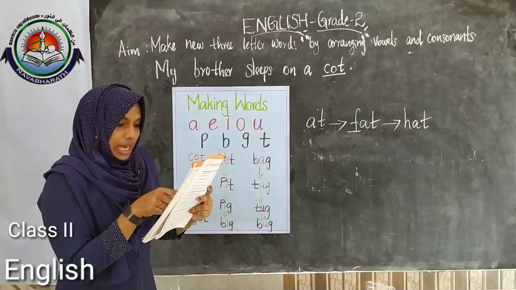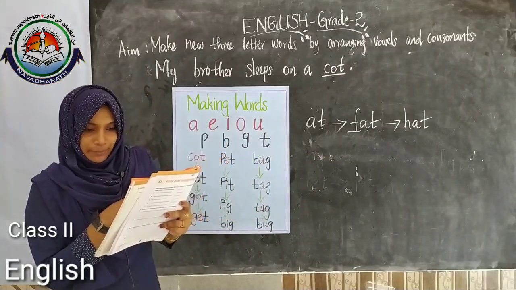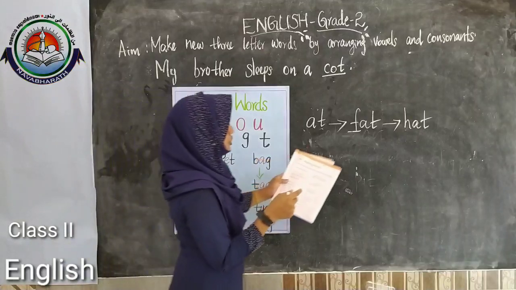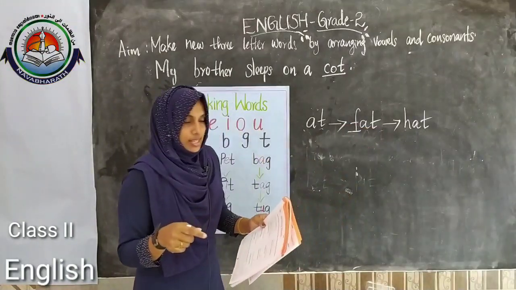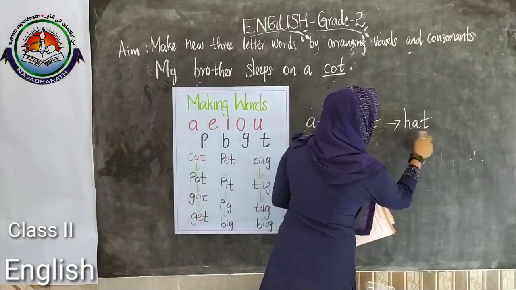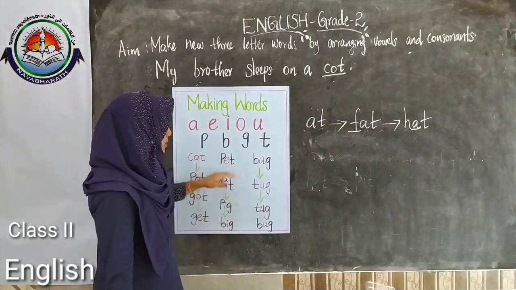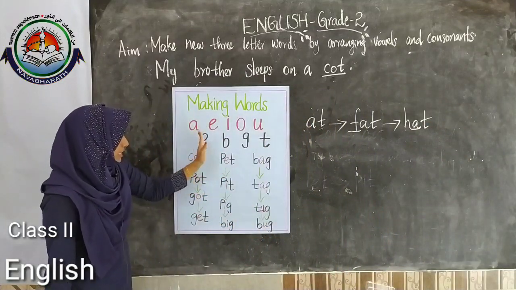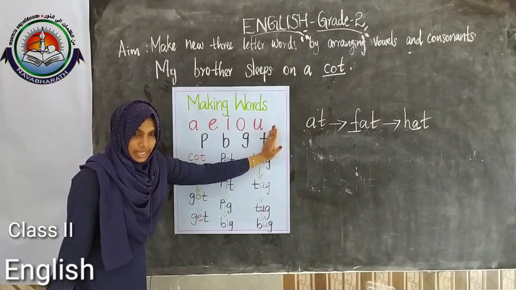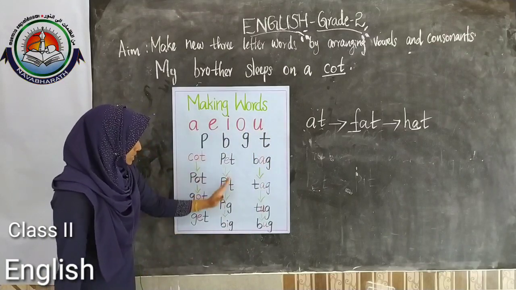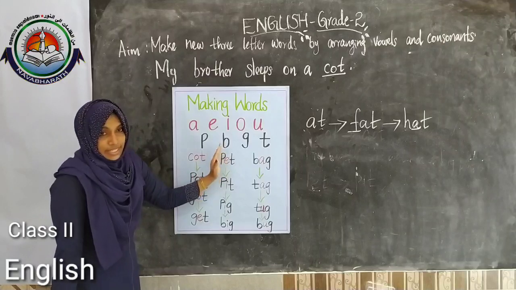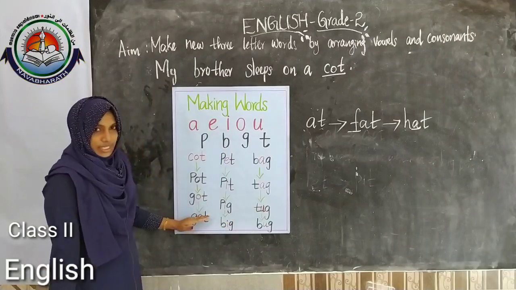Okay, then I dash the ball with my bat. Here it says change the vowels. You have to change the vowels, the middle sound. Here, we see that the vowels are in red color. Right? Where can we see the red color letters in this word?